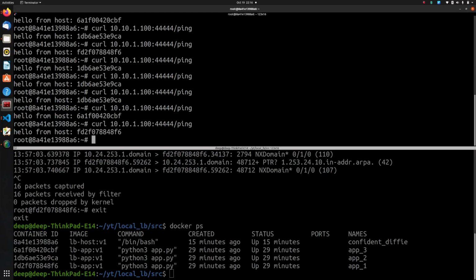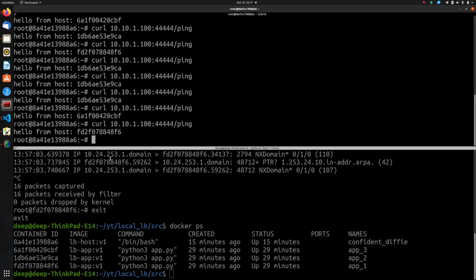So again, we have a randomized load balancing capability added to the Linux host, right? How cool is that? Out of the box, you have just two load balancing algorithms. I haven't explored more on the statistic module, but I'm pretty sure there are more capabilities that can be implemented with that module and iptables as a whole, right? And also one more thing we should note here is that it's not that you can just create one VIP or one virtual IP, right? You can create another virtual IP and you can point those to a separate bunch of servers, right?